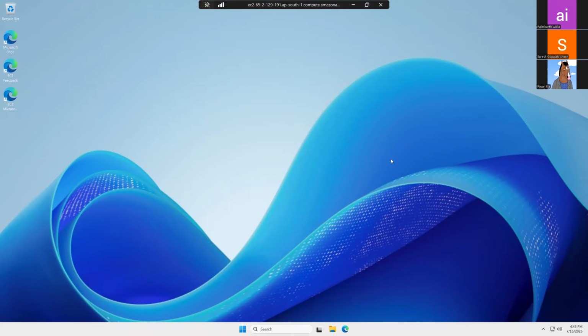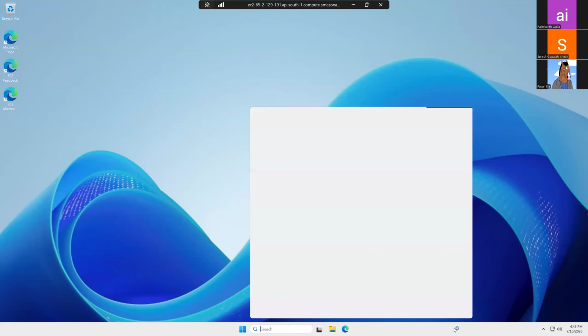You launch it, and when you launch it, a window will open like this. This is your computer. In your actual computer, you're not working. In this computer, you will work actually. Right, sir? So this is how most of the time engineers will work. Now here I can see, this is the Windows system I have launched, and the Windows system is also a server. I can install an application here, similar to how I can install an application in my Linux server also.